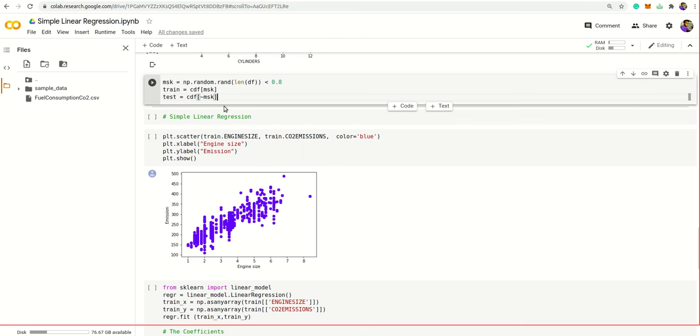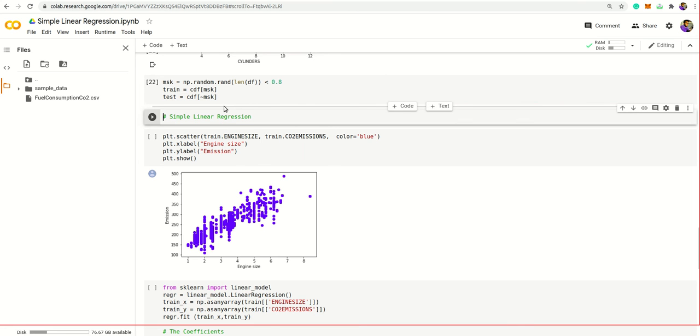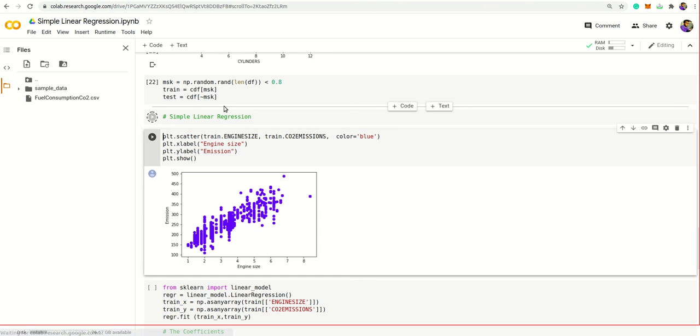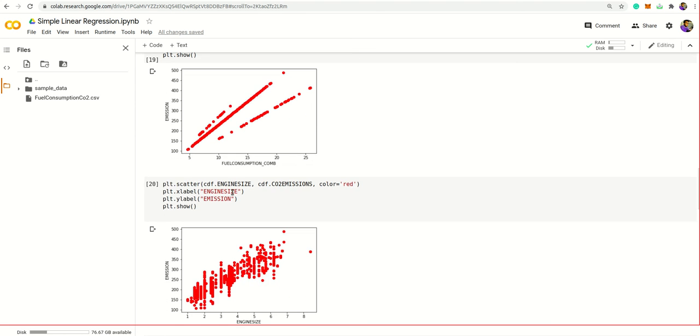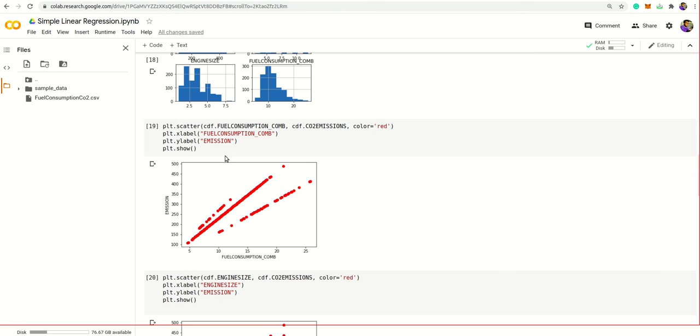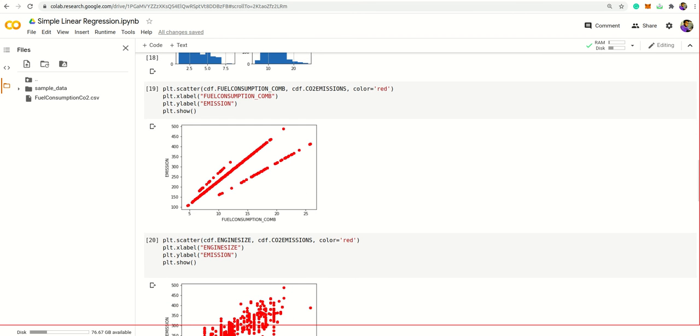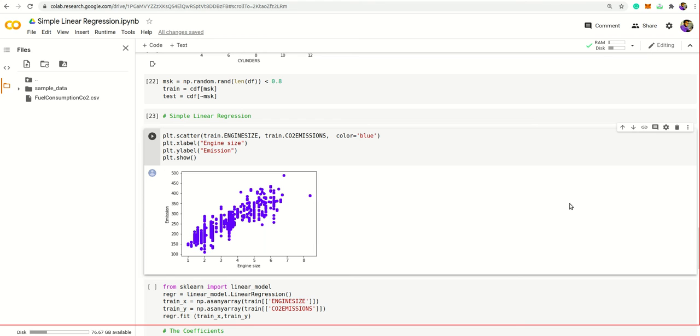And after that, finally we use the simple linear regression algorithm. So we use it for engine size and emission. If you want to use it for cylinder and emission or fuel consumption and emission, feel free to try all and take out the best accuracy you get from these different kinds of comparison.